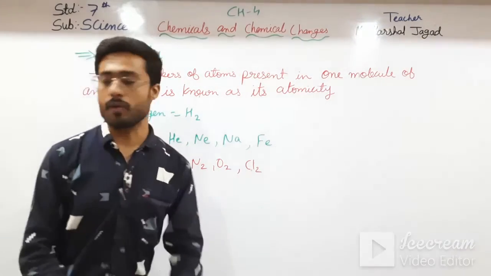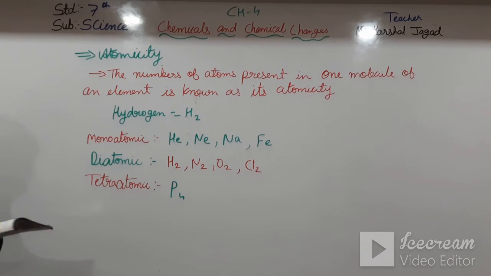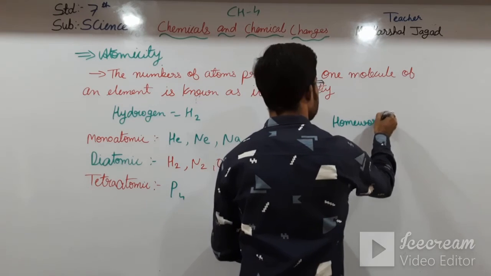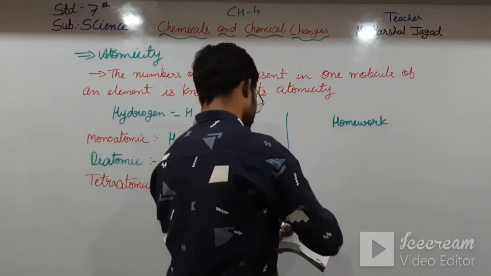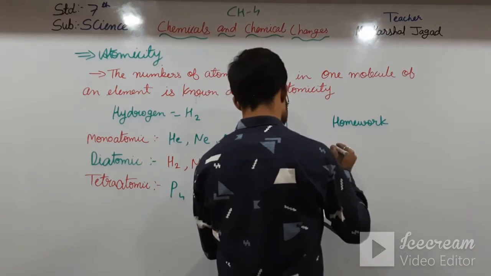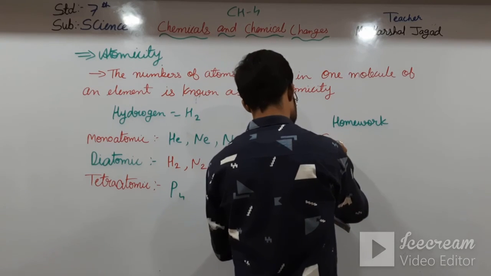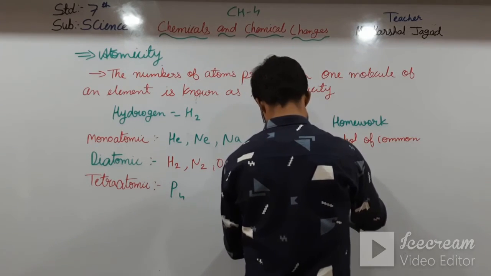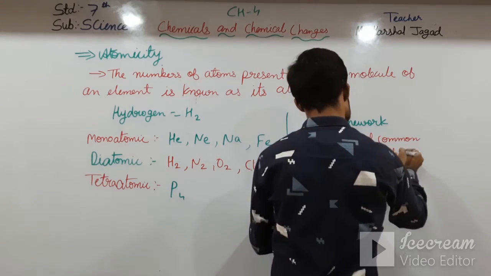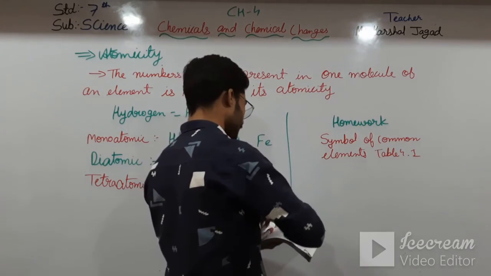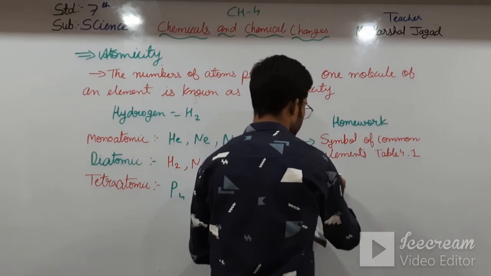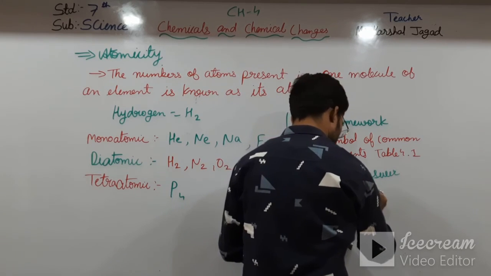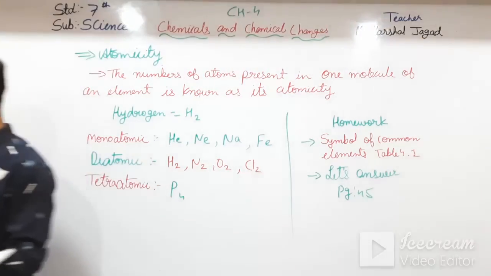Okay, students. So in your homework, what you will do is, symbol of common elements, which is table 4.1, that you have to do in your homework, and let's answer, which is on page number 45. Okay, this you have to do in your homework,